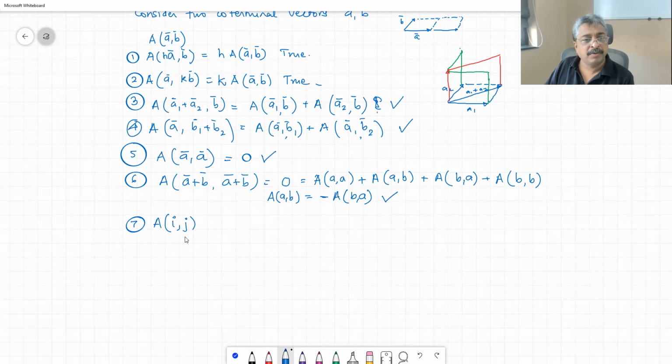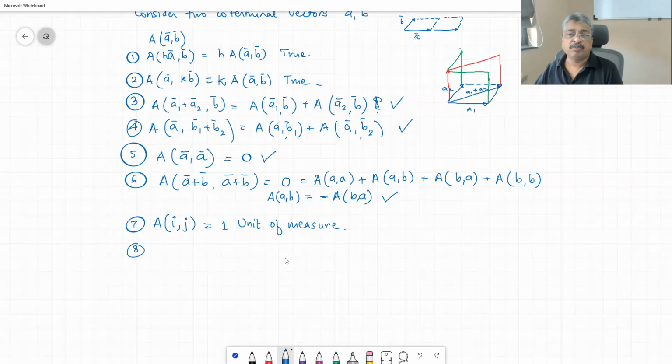So this is going to be 1, area of i and j is 1, j and k will be 1, k and i will be 1, and so on. That is your unit of measure. Because you want to measure the area numerically now, you need to have a unit of measure, and you created it by using two mutually perpendicular vectors i and j in two-dimensional space. And now with respect to this unit of measure, we are going to measure